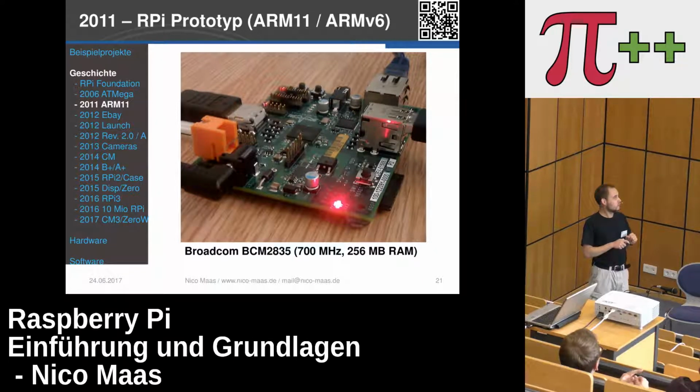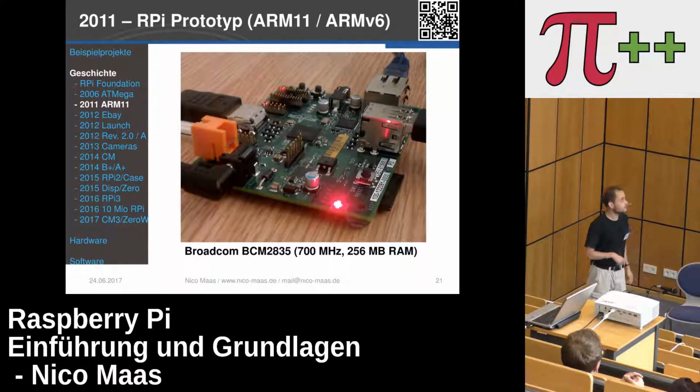He found this nice crispy BCM2835, and that's a nice processor because it also includes a graphics unit, and this graphics unit can put out HDMI. And it's kind of fast as well, so the first version was clocked at 700 megahertz and had 256 megabytes of RAM. That was the idea. But at the time they launched the Raspberry Pi, they doubled the RAM because it was